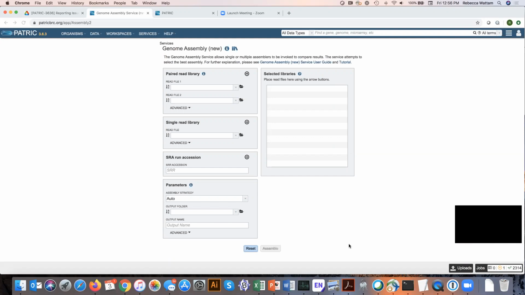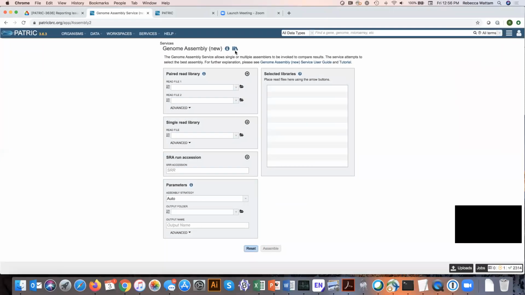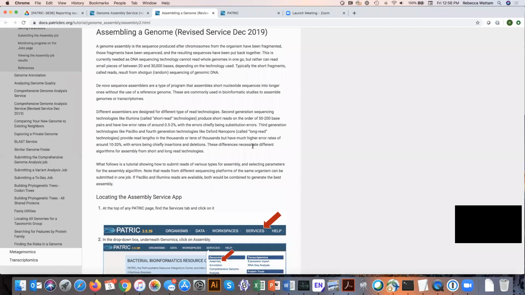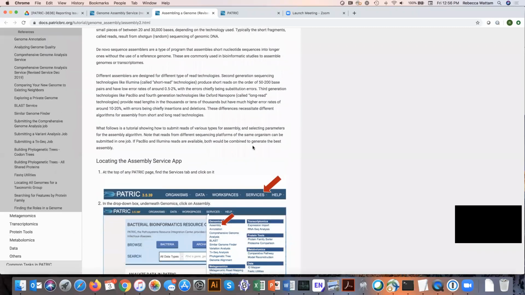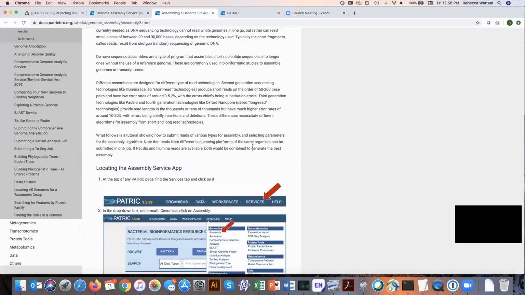So what do you do when you have questions about the assembly service in PATRIC? We've talked about these little information icons and question marks here, but the quickest way to get information is to click on this icon to go directly to the tutorial. And this will show you how to exactly submit an assembly job in PATRIC and how to interpret different information